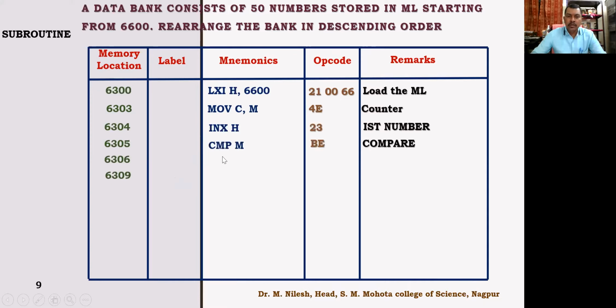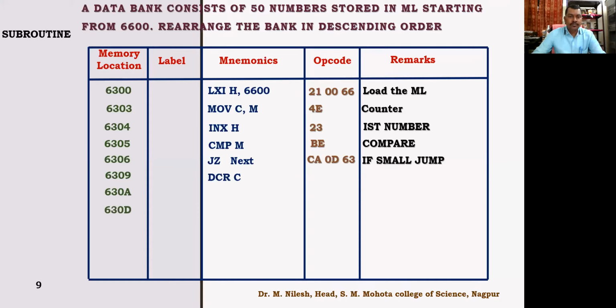Compare M, B, E, and we'll be replacing that smallest number. So jump if zero. Remember, the accumulator contains the same smallest number, and then it will compare both. The result of the carry flag and the zero flag will be set because both the numbers are the same. As soon as it finds the same number, it will replace that number by zero. If it is not zero, then jump to the next.